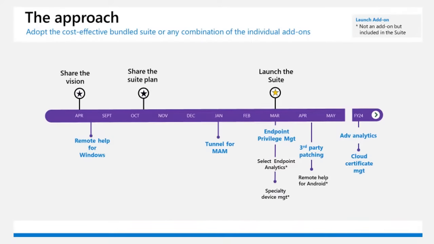We shipped Windows Remote Help last quarter, and this quarter we will have a preview of Android Remote Help. In Q1 2023, we will have Tunnel for mobile application management and endpoint privilege management. The following quarters, we'll have previews for analytics and the cloud PKI solutions. We look forward to having you try these features by